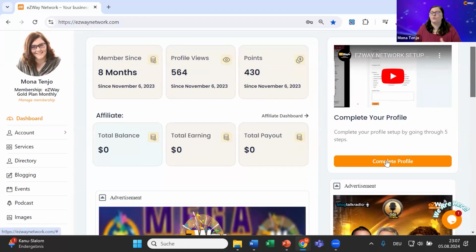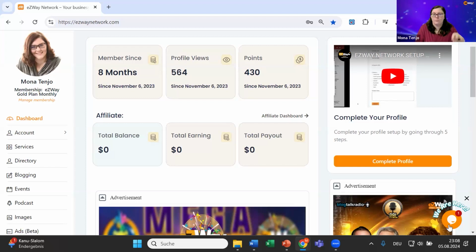And it will guide you through where information is still missing and helps you complete that. So this is your help as well. If you always go on the right side, at the bottom, to your eZWay network. So this is not in the eZWay Eye or in the other platforms, but in your network. Your network profile is your main profile. Okay, this is where all your information is stored, your credit cards, all your basic information.